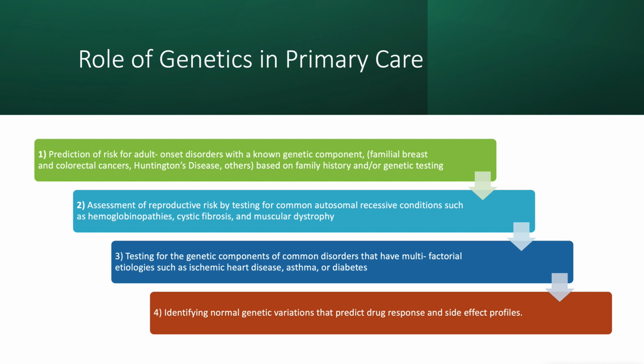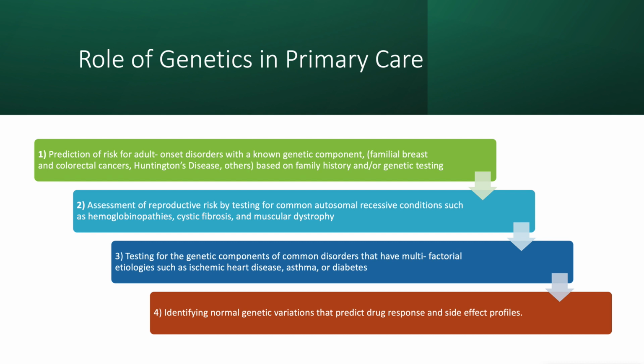I'm thinking of IVF, where we may be creating zygotes that in nature would not normally survive to the point that they will in the artificial environment. And for those reasons, we are going to do some extensive genetic analysis before we move forward to IVF. Testing for genetic components of common disorders that have multifactorial etiologies, such as ischemic heart disease, asthma, or diabetes,